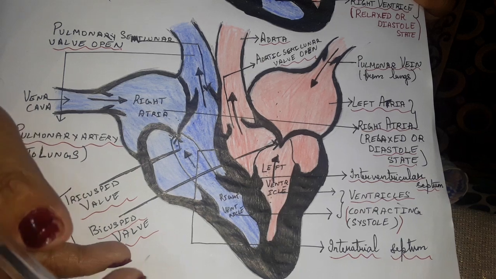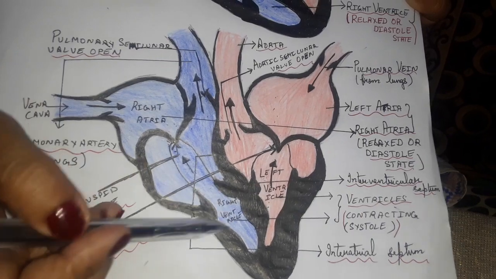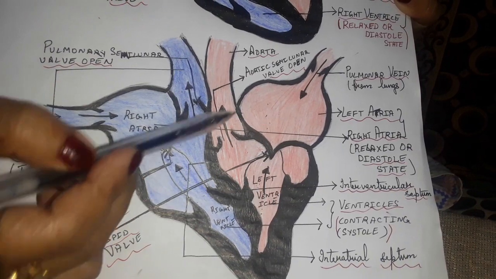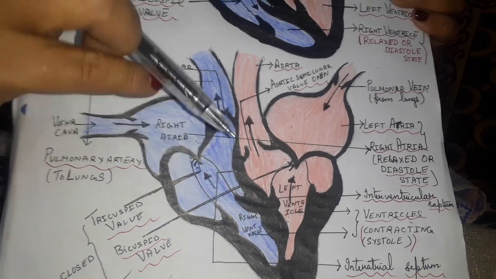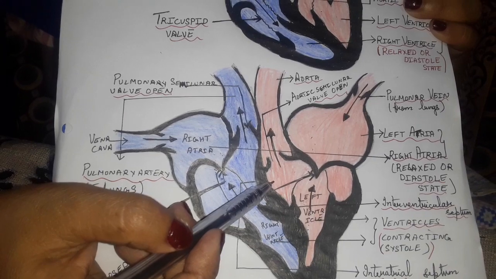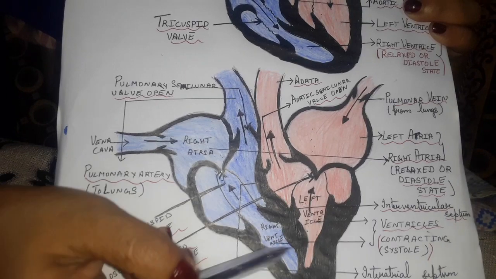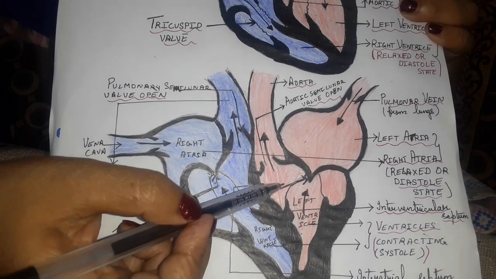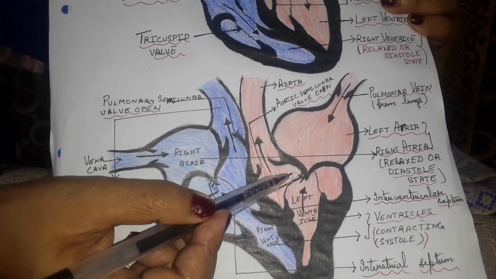Now, what is the function of septum? As you can see, it helps to separate the chambers of the heart so that the deoxygenated blood and the oxygenated blood do not mix. These are the two important functions of the septum. One, if you are asked this question, what is the function of septum? You have to say that the septum separates the chambers of the heart, the auricles and the respective ventricles. Second point, what will you say? The septum helps to prevent the mixing of the deoxygenated blood and oxygenated blood.